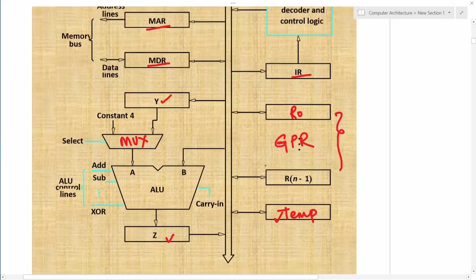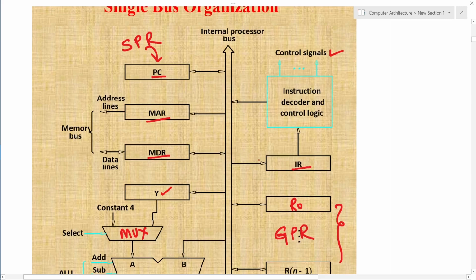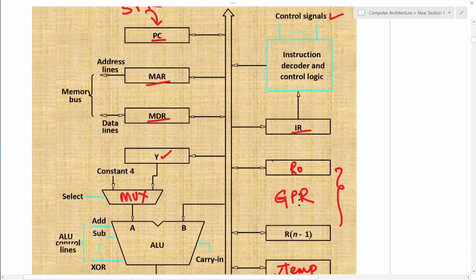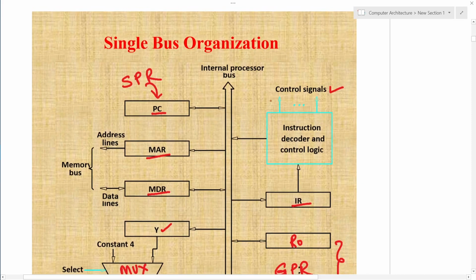From this single bus architecture, it is clear that the bus is connected to the registers, to the ALU, and to the instruction encoder and decoder. Information comes from one register to any other register, and from a register via the bus to the ALU, the result is available at a register, and it is written to another location as per the instruction. So this is the description of the single bus organization, and more detail of the single bus we will discuss when we focus on a particular typical example of instruction execution.